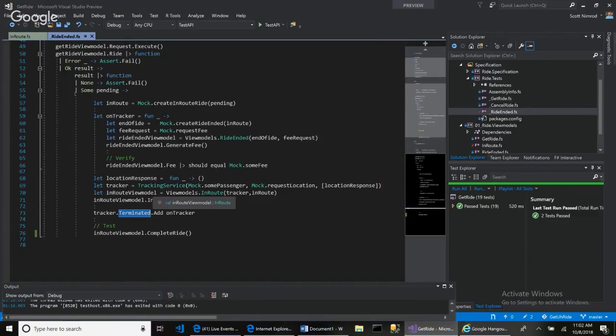Now, the question is, what we care about is this ride-ended view model. We care about this fee. That's what we want to verify. But do we care about all this other stuff right here? And I would say that I don't think we do. If we can extract this out somewhere